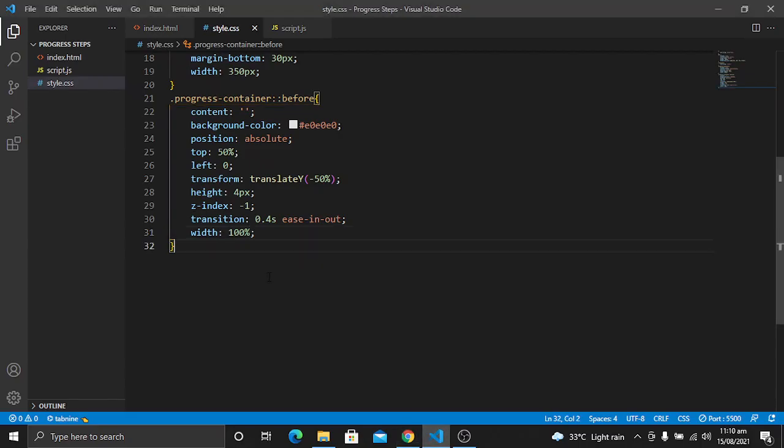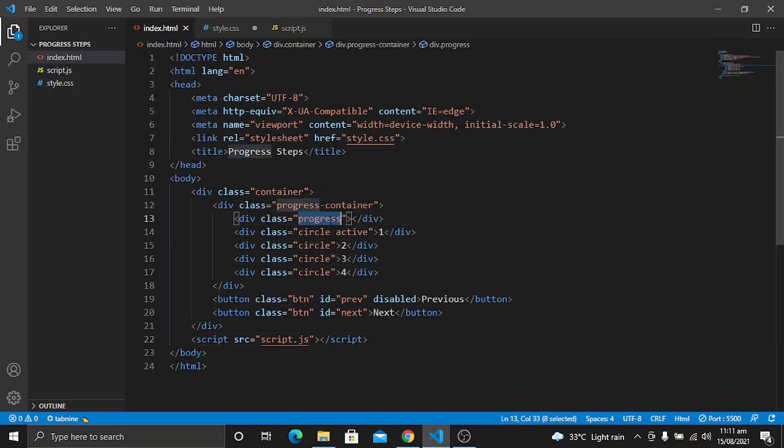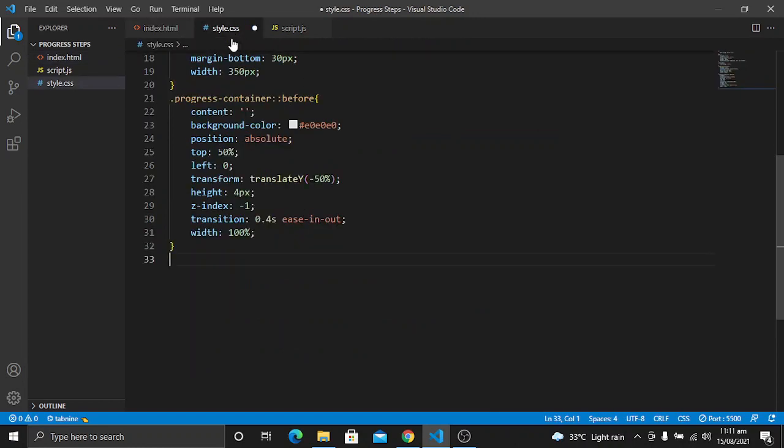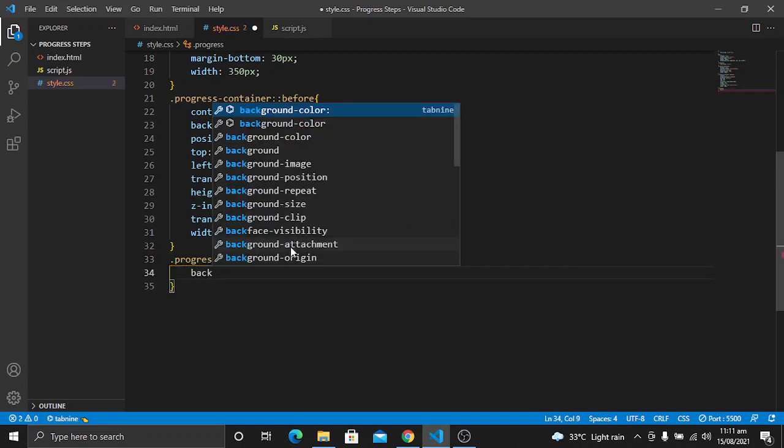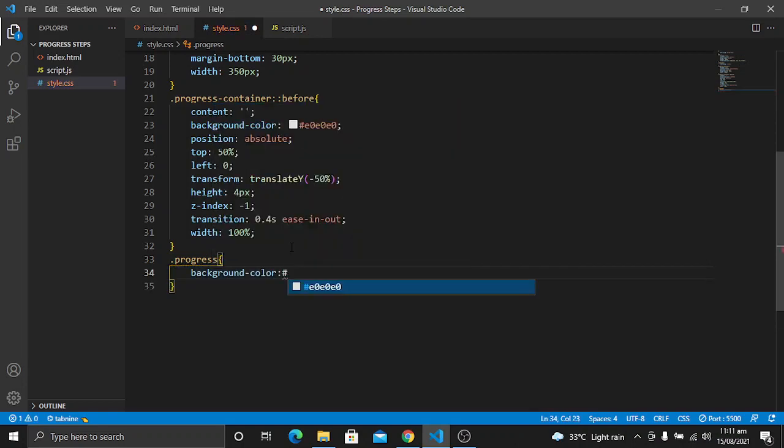So what I will do is I will target the progress. This progress is going to be this div, so let's target it, and we want to give it some properties such as background color is going to be 3498db.